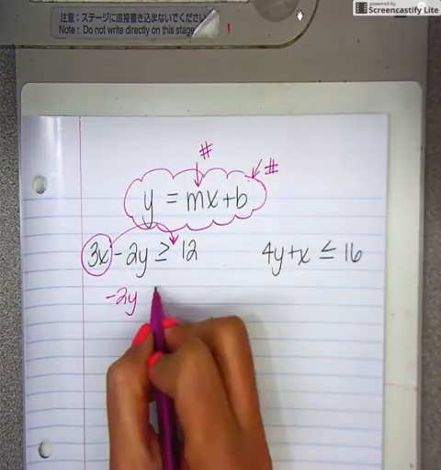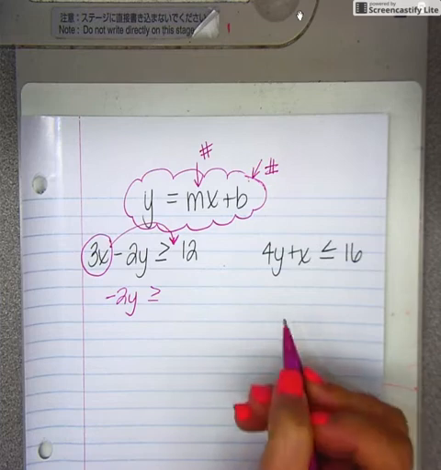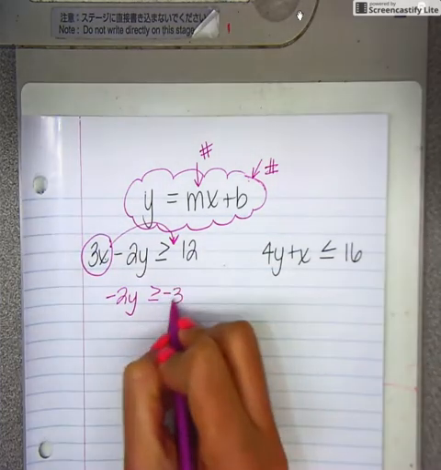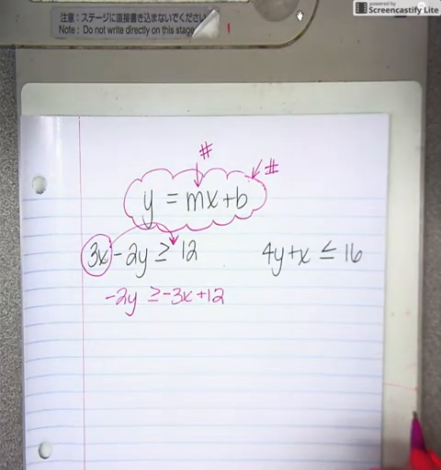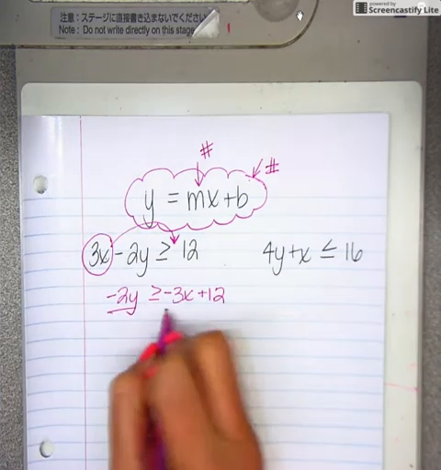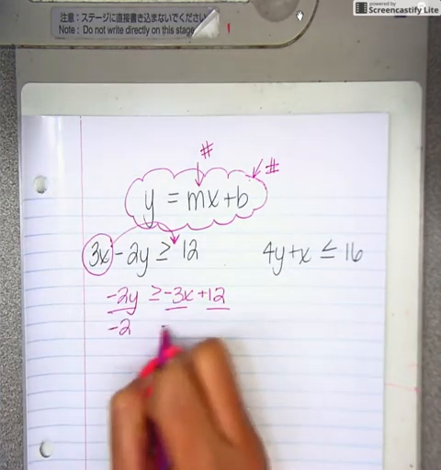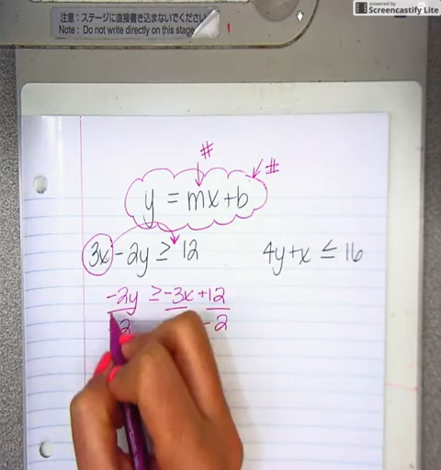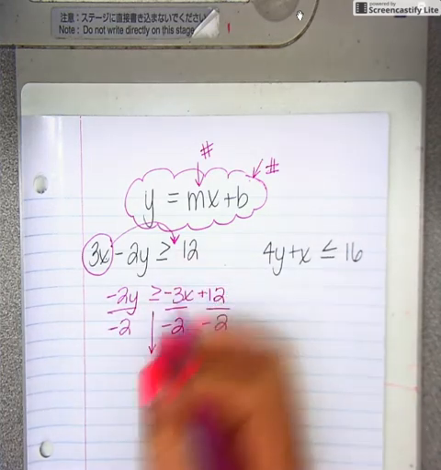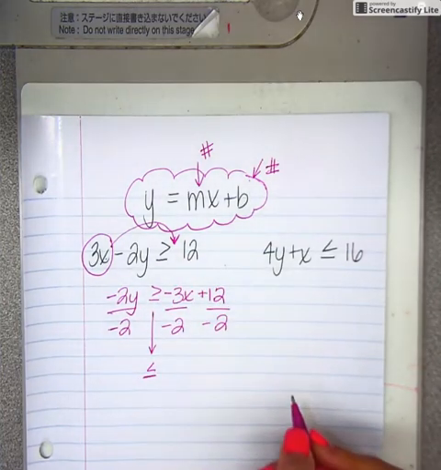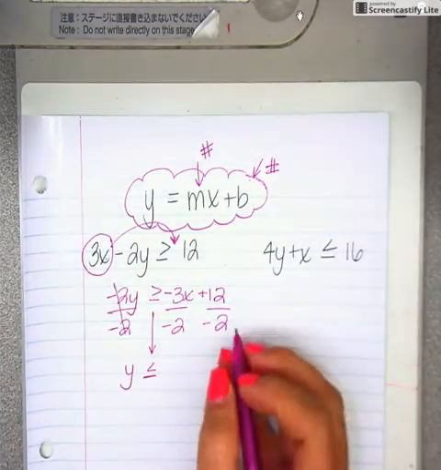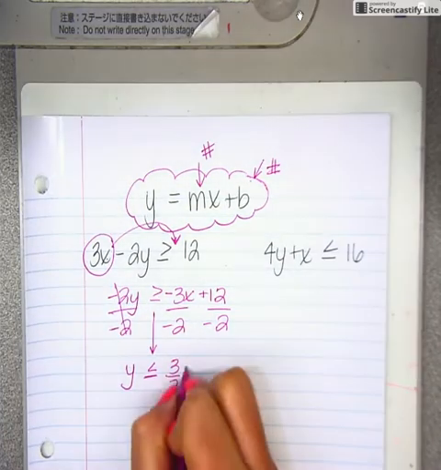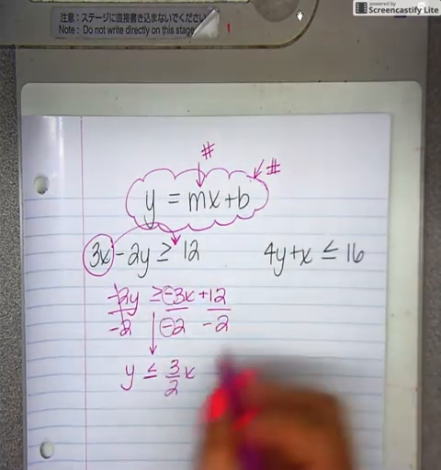Bring down the negative 2y. Bring down your inequality sign. That becomes a negative 3x, and this stays a positive 12. Then to get y all by itself, we are going to divide everything by negative 2. All right, warning, warning. Remember, when you divide by a negative, you have to flip your sign. So that gives me y is less than or equal to 3 over 2 x, because two negatives make a positive,